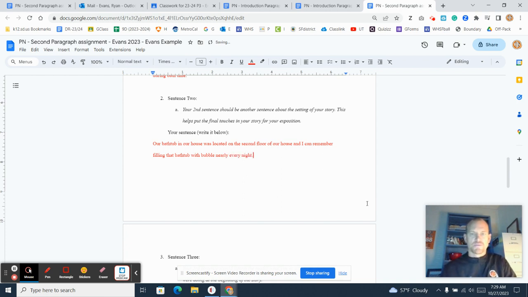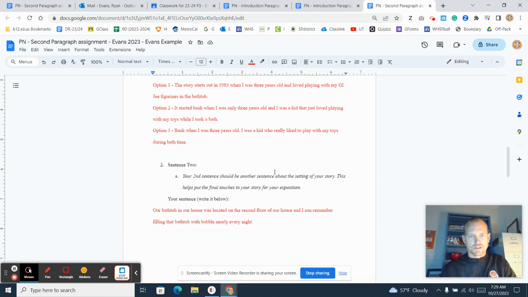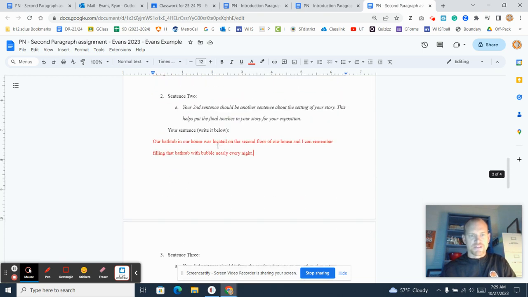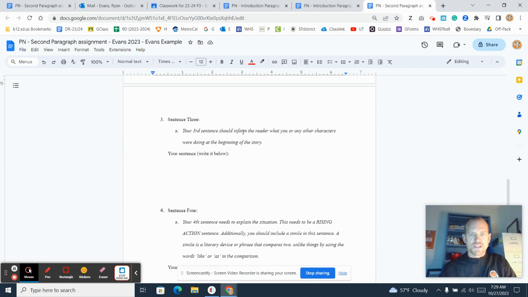Okay, so I'm just setting the stage for it. It's going to make sure the whole story is taking place there. So I help set that stage. Sentence 3. Your third sentence should inform the reader what you or any other characters were doing at the beginning